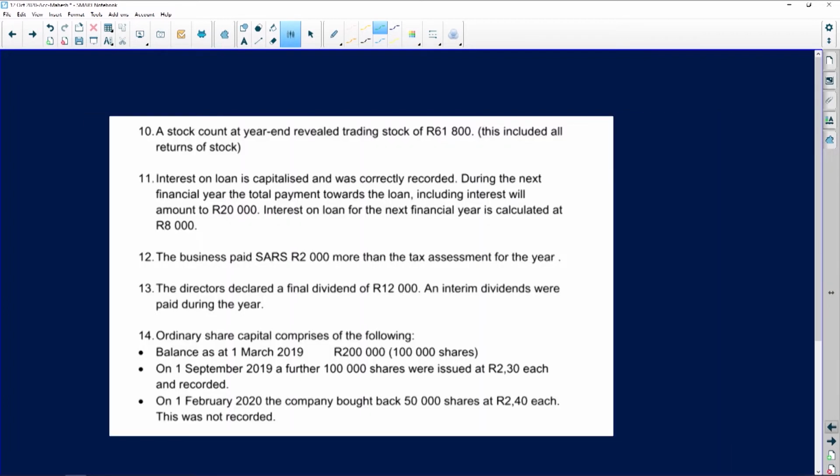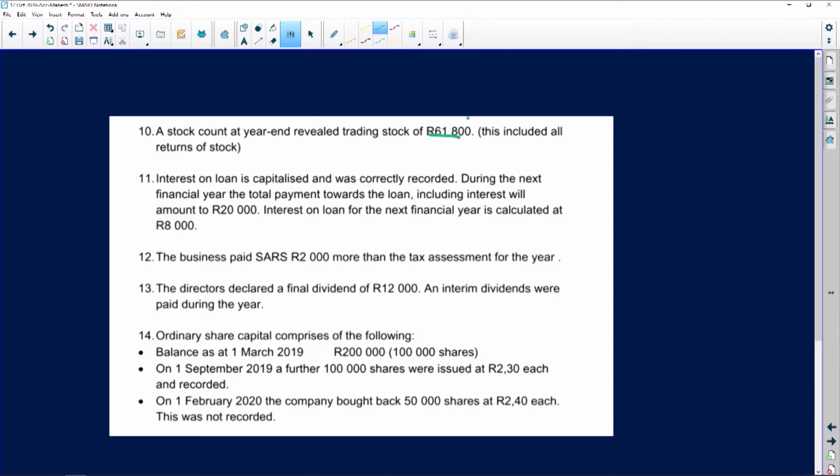Okay, so we should be now looking at adjustment number 10. A stock count at year end revealed trading stock of 61,800 Rand. This includes all the return of stock. Now, once again, guys, please remember you are doing a balance sheet, not an income statement. So because there's no need for an income statement, it is obviously not necessary for you to now show the trading stock deficit or trading stock surplus. So very, very simple. All I'm doing is the physical stock count is what I now take to the balance sheet. Inventory total